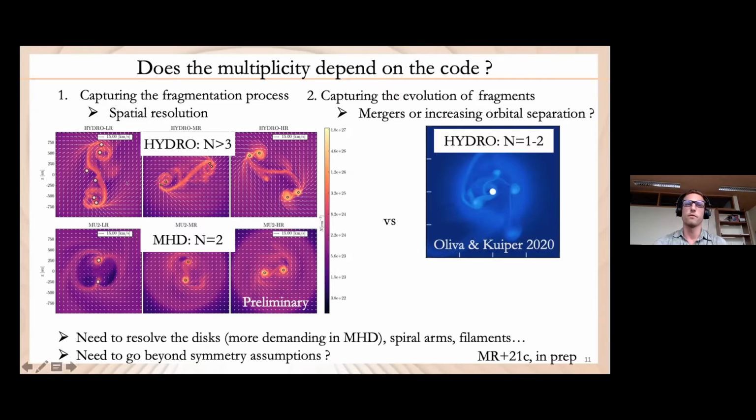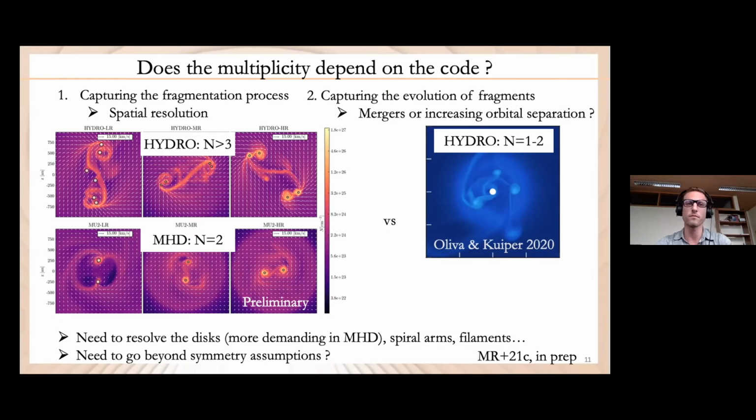And then here we find that from 10 AU to 2.5 AU, and even actually 1 AU, this is all preliminary, but in the hydro and in the MHD case, we find kind of resolved convergence regarding the resolution of the fragmentation. But in the MHD case, it's much more demanding because actually resolving the spiral arms in the individual disks is much more demanding. So of course, it's related to what has been discussed in the last question session.